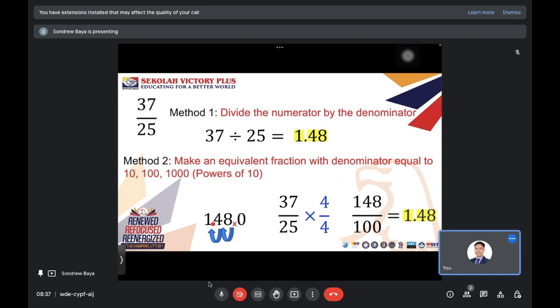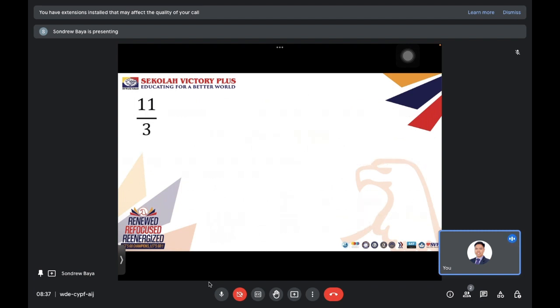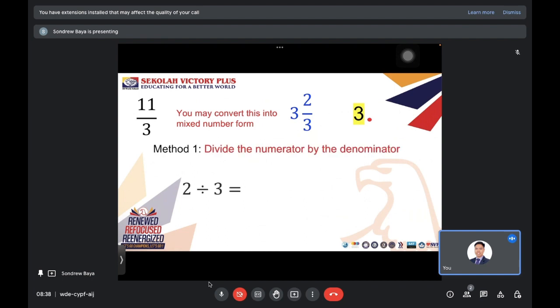Alright? Now, how about if you have 11 over 3? For 11 over 3, again, you have two options. We can write this as a mixed number. From the mixed number, we get the whole number part if there is. So this is 3 point something. We just focus on 2/3. So 2 divided by 3, that's